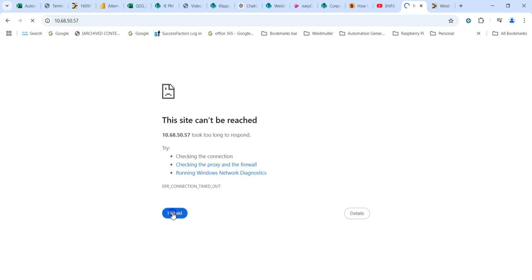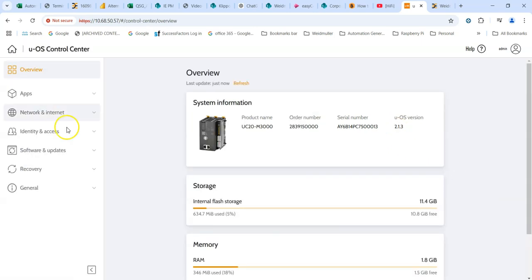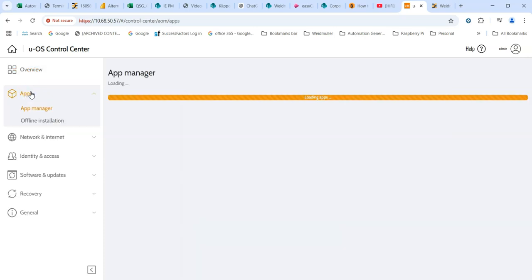Let's try reload again. What you have to bear in mind is it is a Linux operating system on the controller, and then there's UOS Code Assist sitting on top of that. That's why it takes a bit longer than a conventional PLC to start. Successfully updated to 2.13. If I go to the UOS Control Center and go to Apps, if you remember in